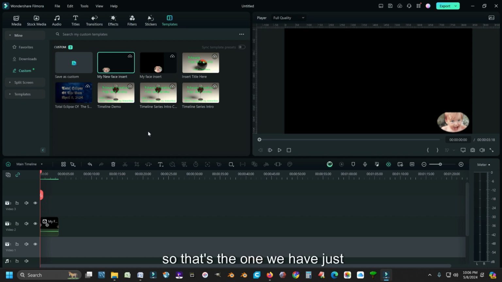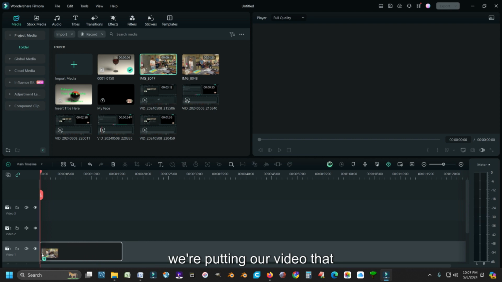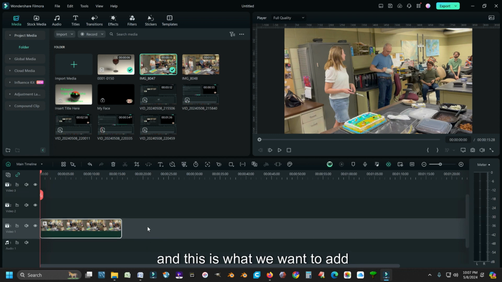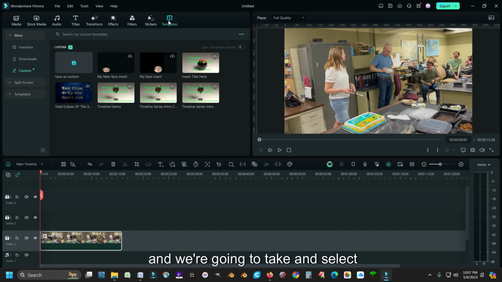Okay, so that's the one we have just created as opposed to this other one. We now have a template that we can use in any project we want. Now starting a new project, and we're putting our video that we're going to review down here, and this is what we want to add our custom insert to. And what we're going to do is go to Templates, select this and drag it down to